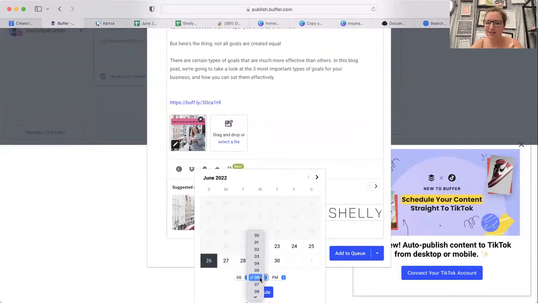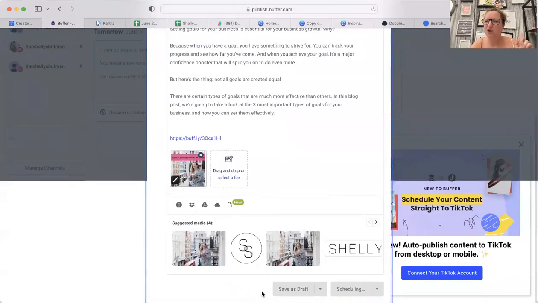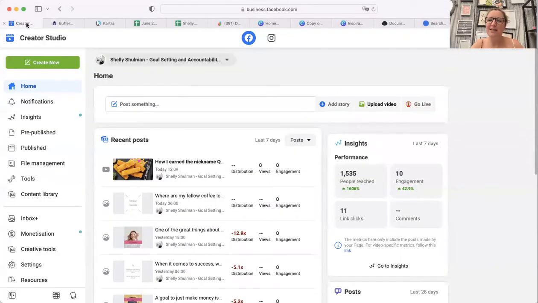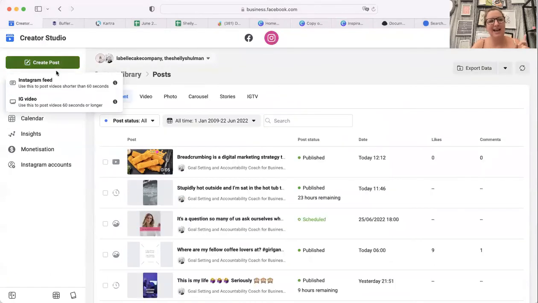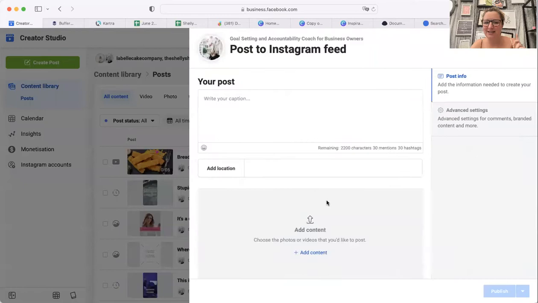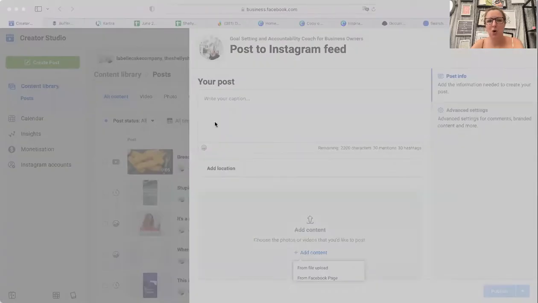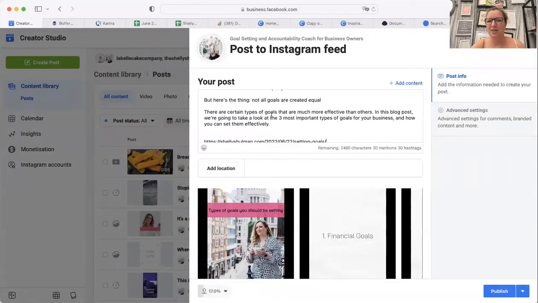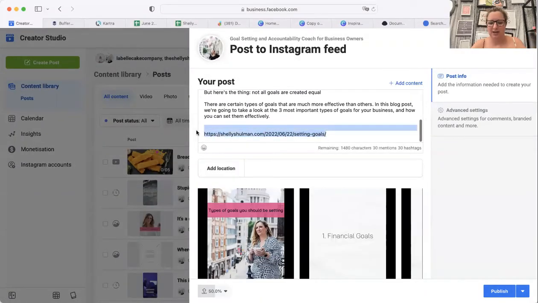So you can see that this one bit of content that took me 5 minutes in Jasper, if that, has already created me a blog post for my website. Let's go in, it's created me a post for Facebook, posts for Instagram, for LinkedIn, and posts for Instagram. So of course on Instagram you can do a carousel post, so I will do all of the images. Of course in this one I won't be including the link, so I will say click